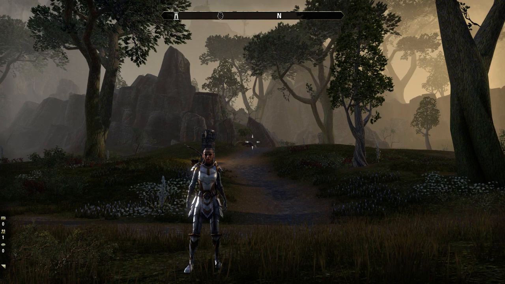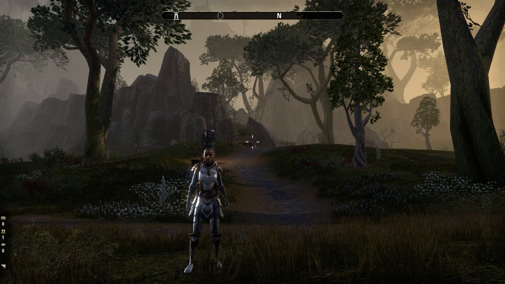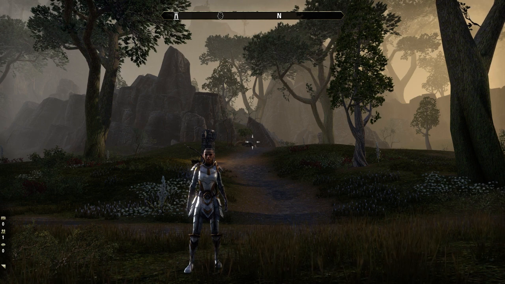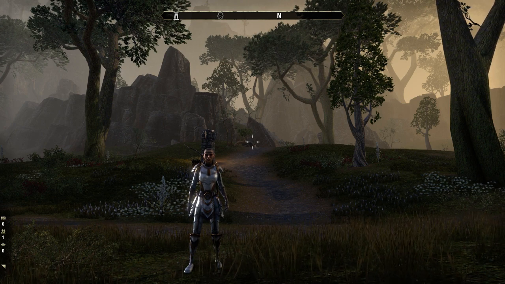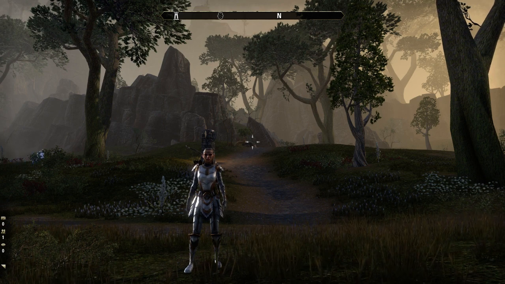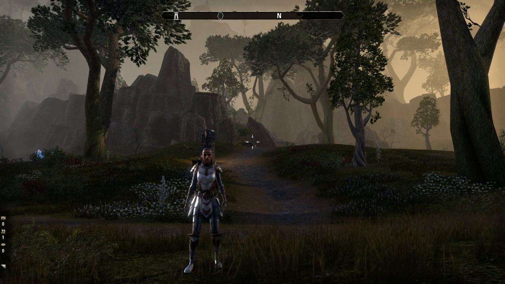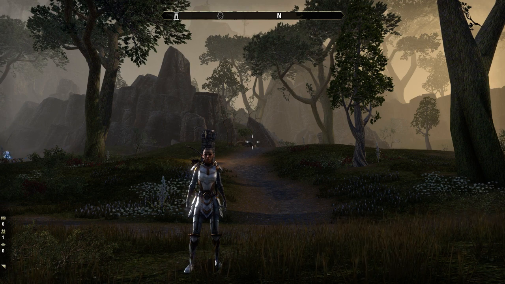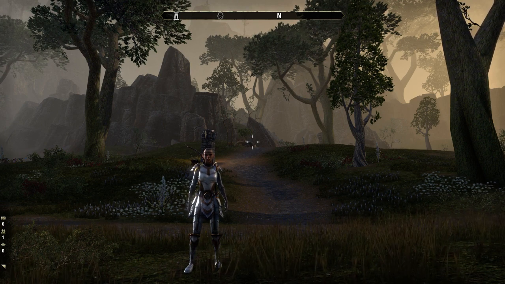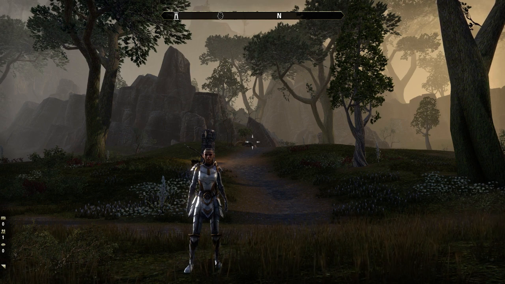If you want to farm gold in the new update, stick to the public dungeons with the most coin drop from enemies. The one in Reaper's March is really good, especially the main floor. The one in Malabal Tor is amazing still for farming gold. And then, of course, you have a lot of other public dungeons that are good if you want to farm